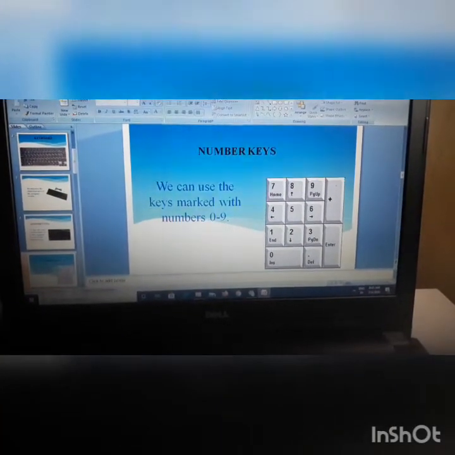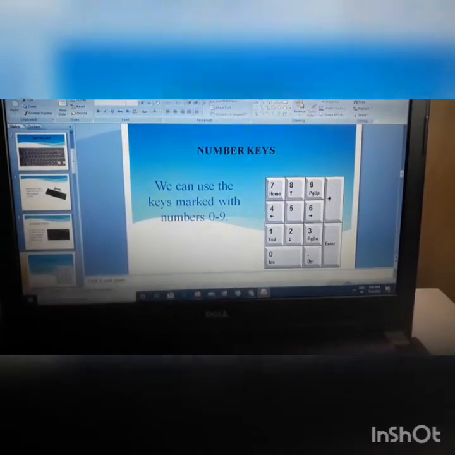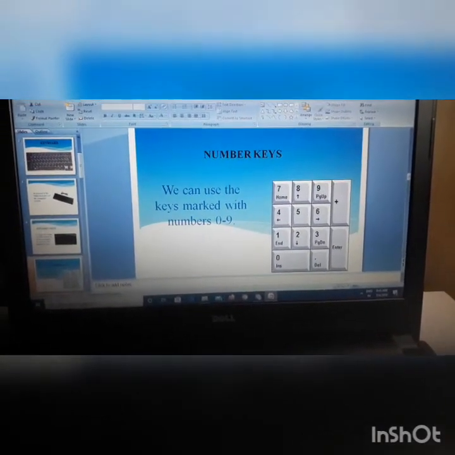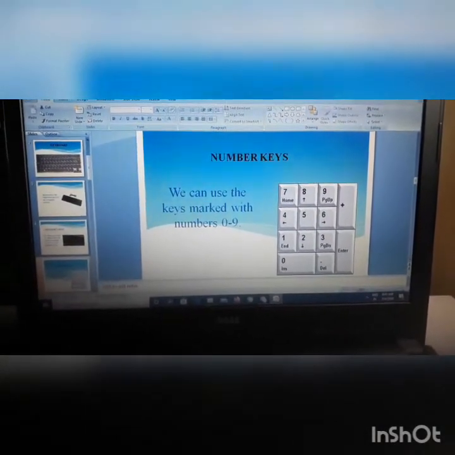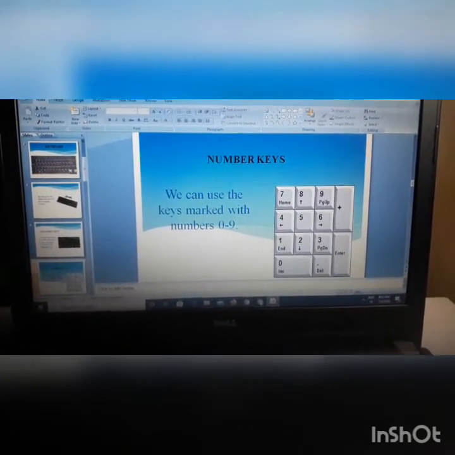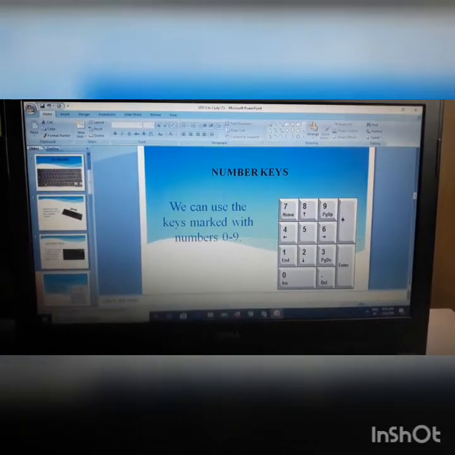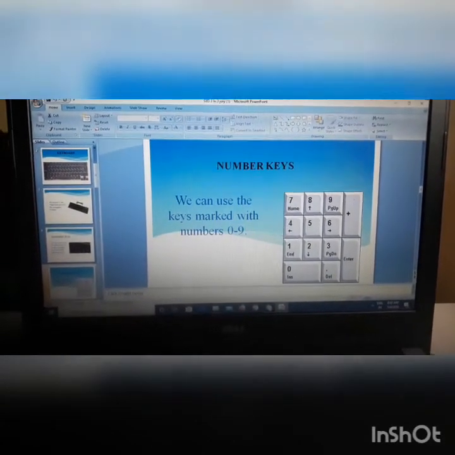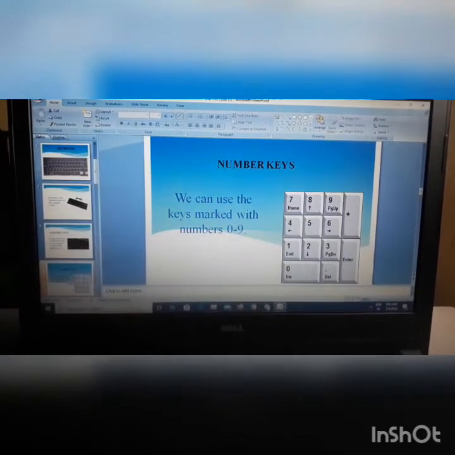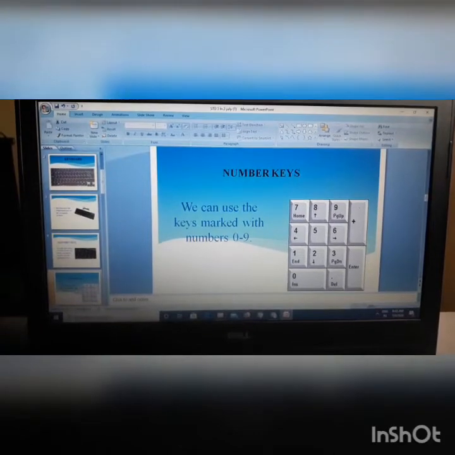Next is number keys. We can use the keys marked with numbers 0 to 9. You all know what is number? Yes. So starting with 0 to 9, we have 10 number keys on the keyboard. You can use it for typing the phone number or your class roll number, the door number also, address.